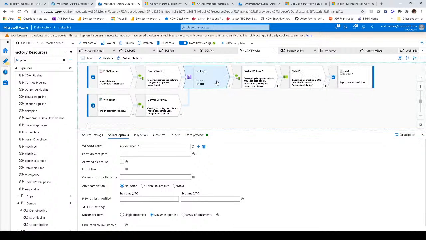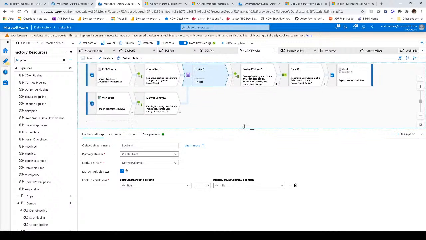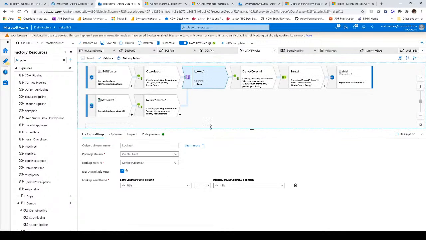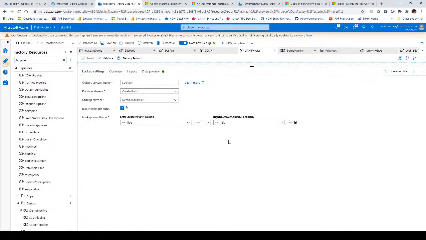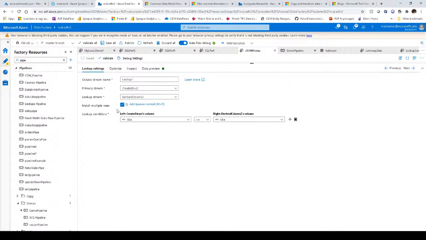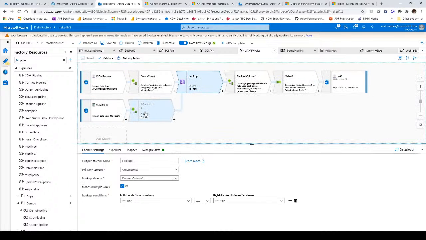So this is a general lookup that I'm using right here. This is essentially implemented in the back end as a left outer join, but it has a lot of optimizations in it for this specific idea of looking up reference data. In this case, the setting is the default of match multiple rows. So anytime my title in my incoming data is matched to the title in my lookup data, down here in this source, in this derived column down here,